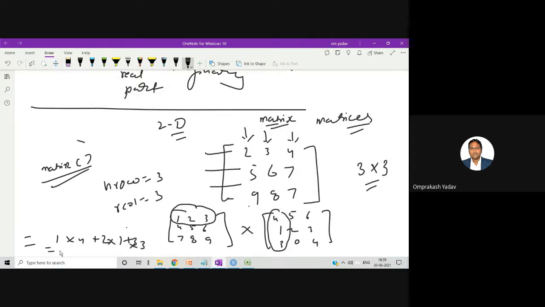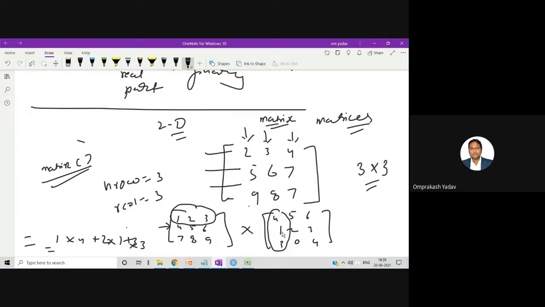So you take row 1 of the first matrix, and then you take the first column, then the second column, and then the third column. So you can calculate and put the values row-wise. Then you can change the row, take the second row, and again start with the first column, second column, and third column.